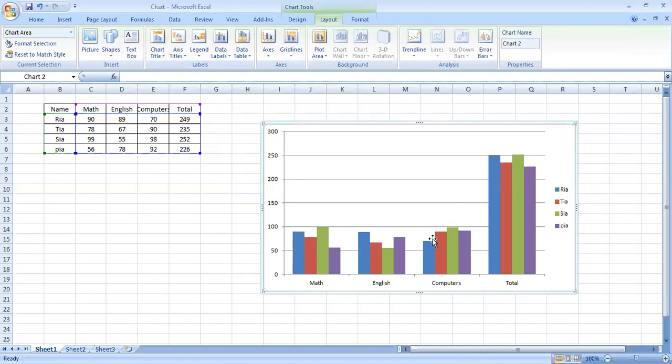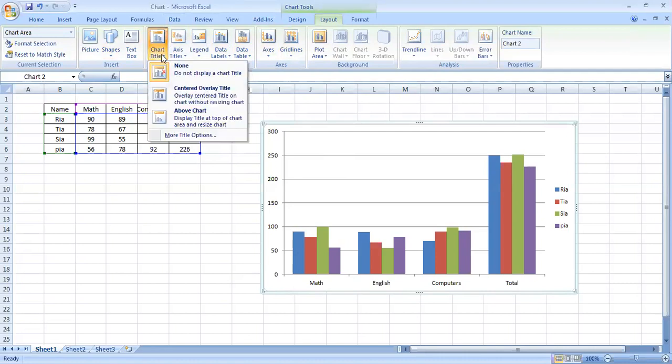Now you can see for this chart, there is no title given. So what I will do on this chart title, this small arrow, I will click on it and you will get a list which you can read out. I am going to insert a chart title and it will ask me where I want to insert. The best way I feel is to insert the chart title above the chart.